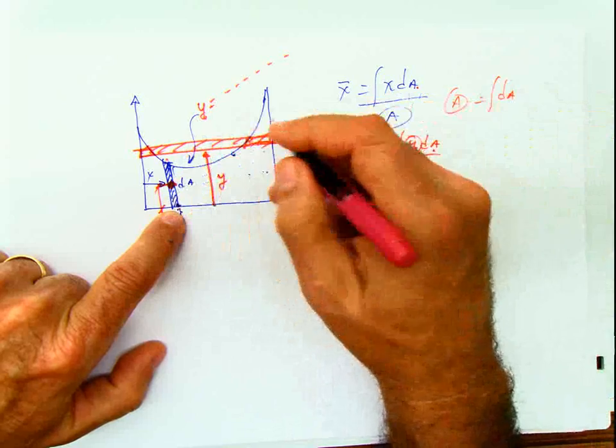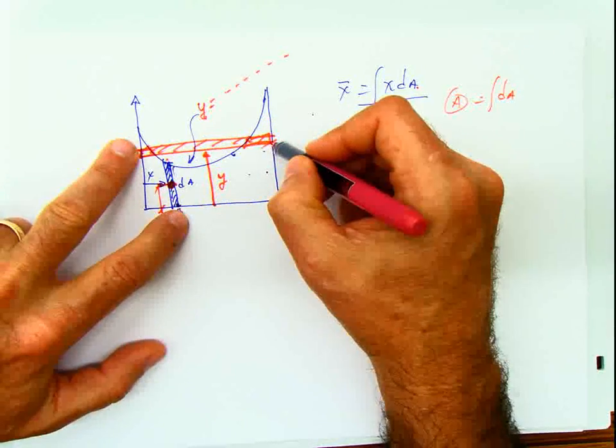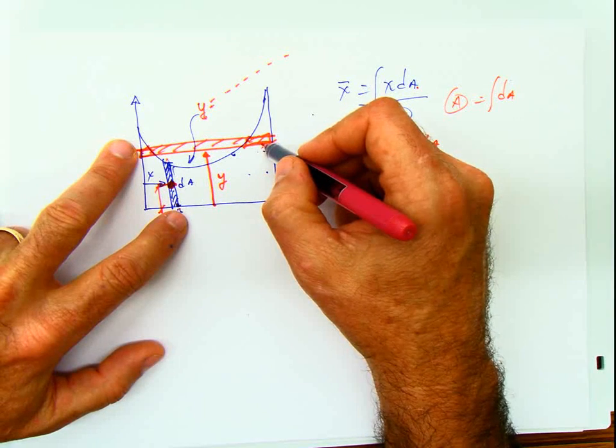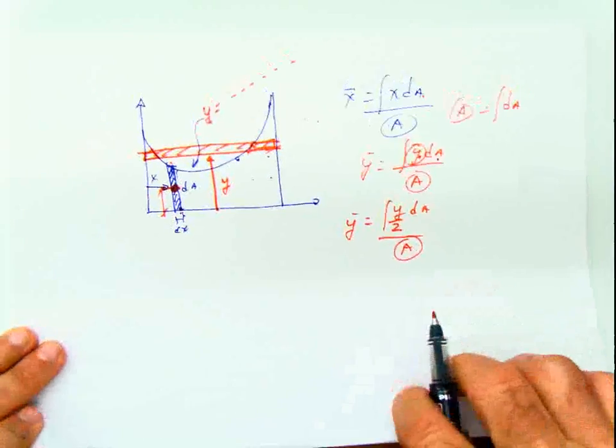This type of situation, I'm not going to say that it's impossible to solve using a differential of area in this direction, but it's much more complicated like that. So in that case, you should be using the same differential of area that you used before. Now, I'm going to solve the same problem again. Yes, same problem again. And I'm just going to do it in this way